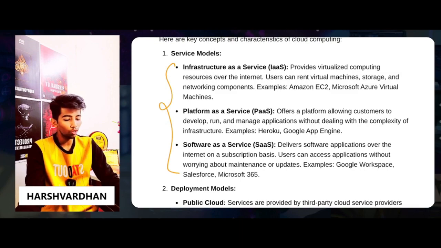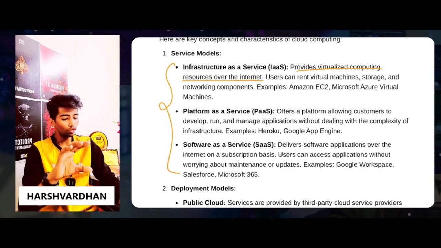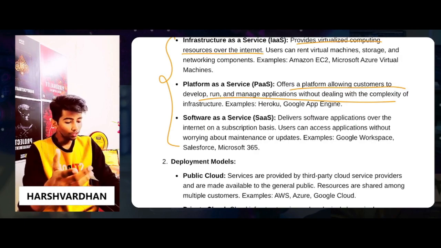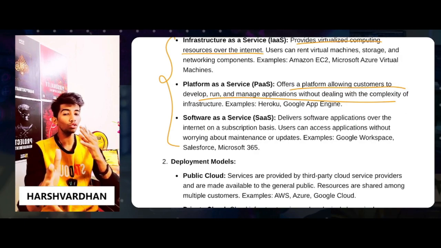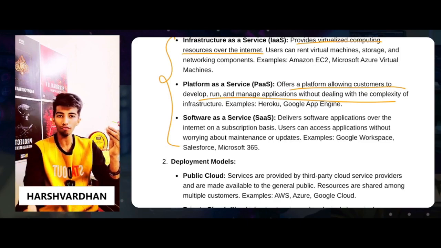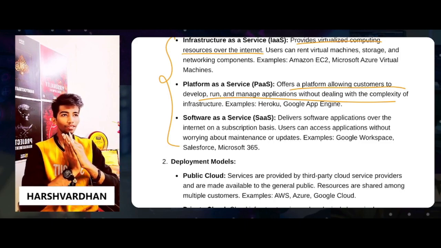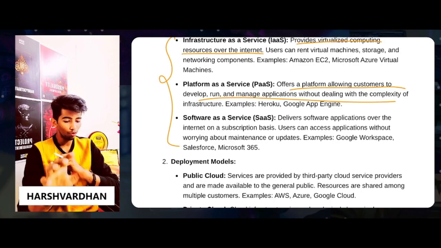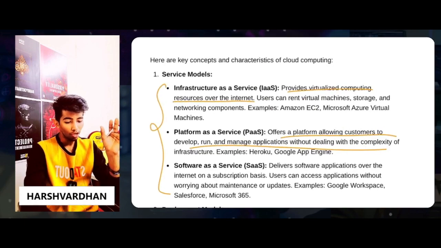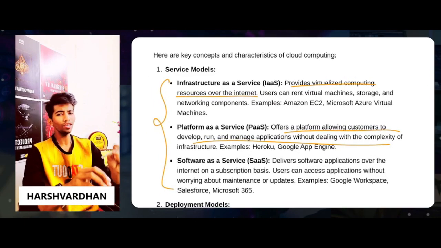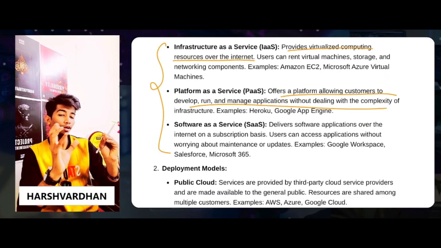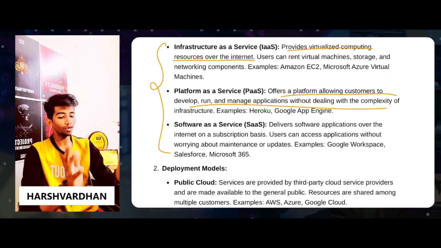Infrastructure as a service gives you information or resources over the internet. Platform as a service gives you the platform for doing stuff like that, okay? And software as a service provides you some basic ready-made software so that you can process data easily. It provides you the complete software for analysis, but platform as a service only gives you the platform where you can run and manage your application. And infrastructure only gives you some servers to run your application. Platform allows you to develop and run applications. They give you the accessibility to run and develop your own.